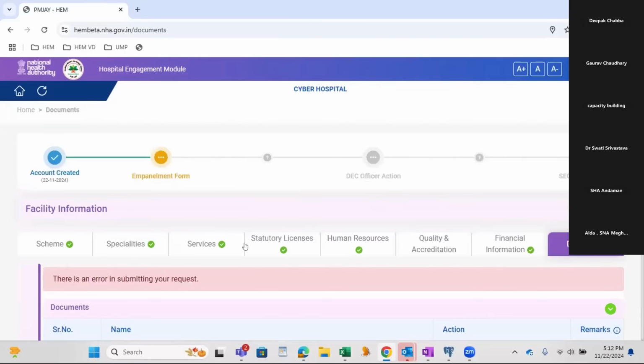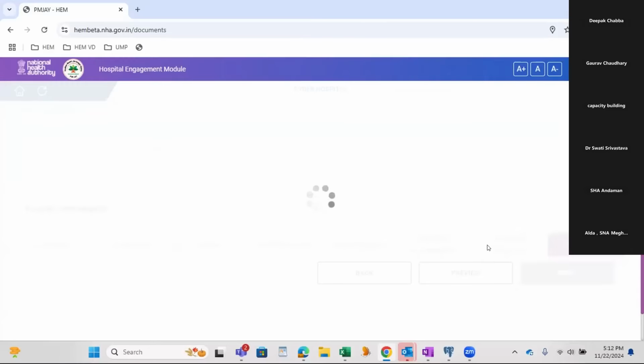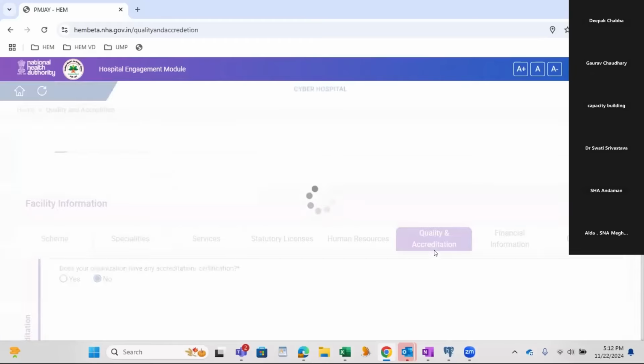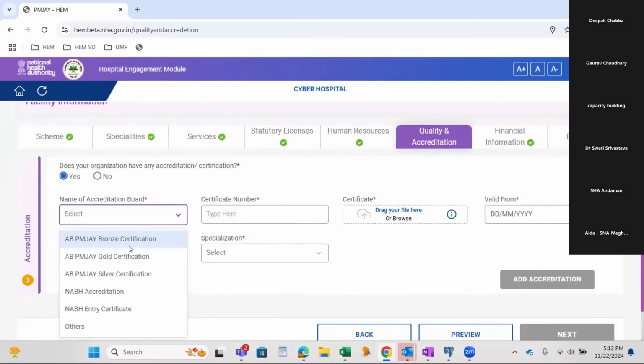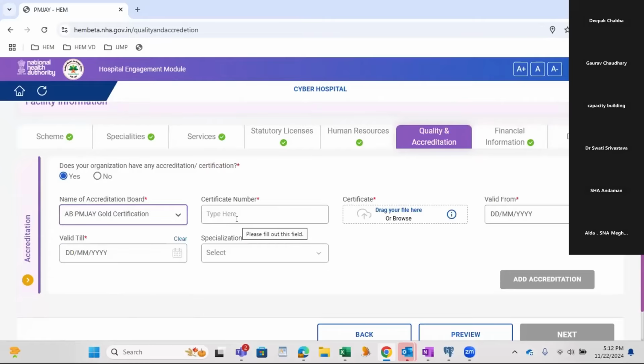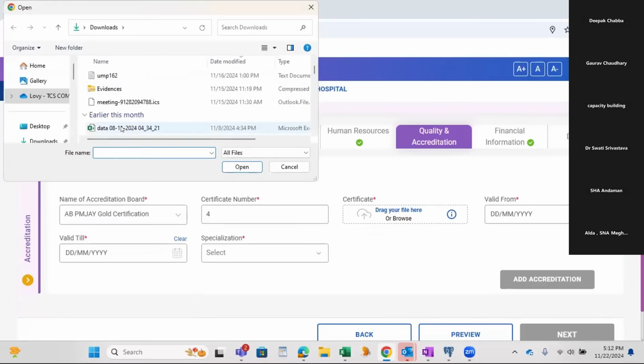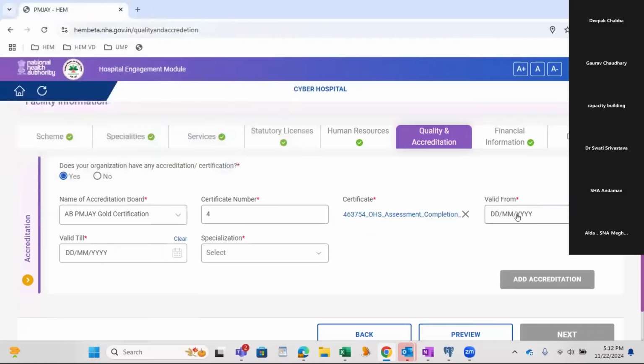The moment you fill all the details, please check the quality accreditation, mark the tick. Aparmit, this I have purposely left because something was coming. We'll check then.